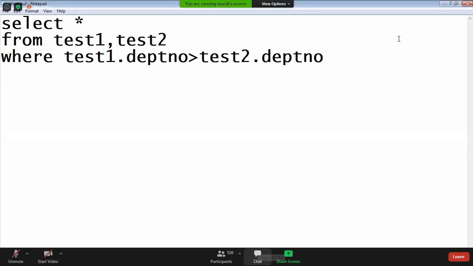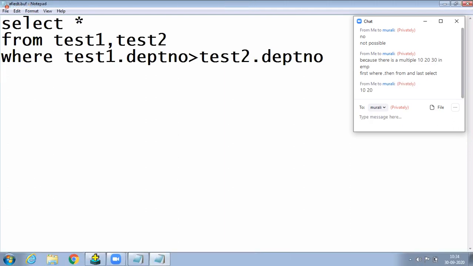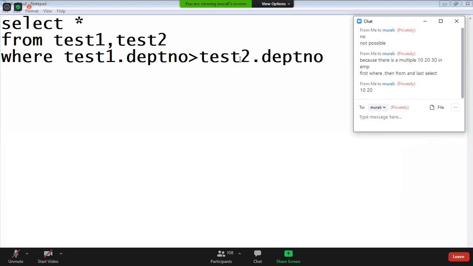And now tell me, anybody, again, observe it here. Some fellows are telling 10, 20, 30. 10, 20, 30 is the wrong answer. Next, again, some fellow is telling no row selected. Okay, no row selected means you are not selected in the interview.